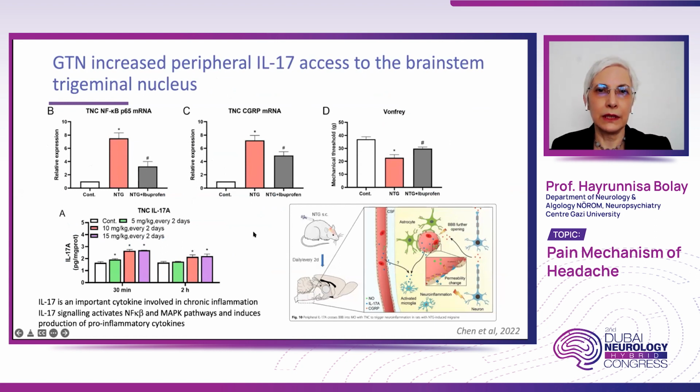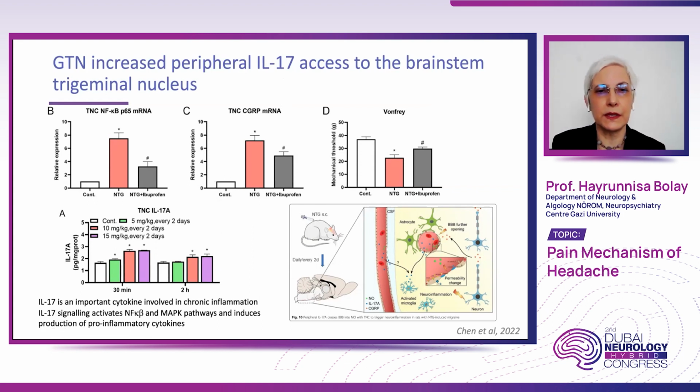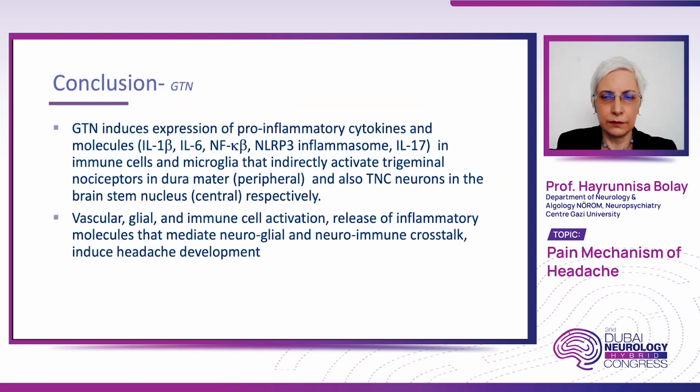But the novel thing is that one of the cytokines which is associated with chronic inflammatory conditions was shown in the brainstem and activated by nitroglycerin induction, and probably its access from the periphery to the central nervous system is increased by GTN. So we have more clues, more evidence that GTN induces both peripheral and central nervous system